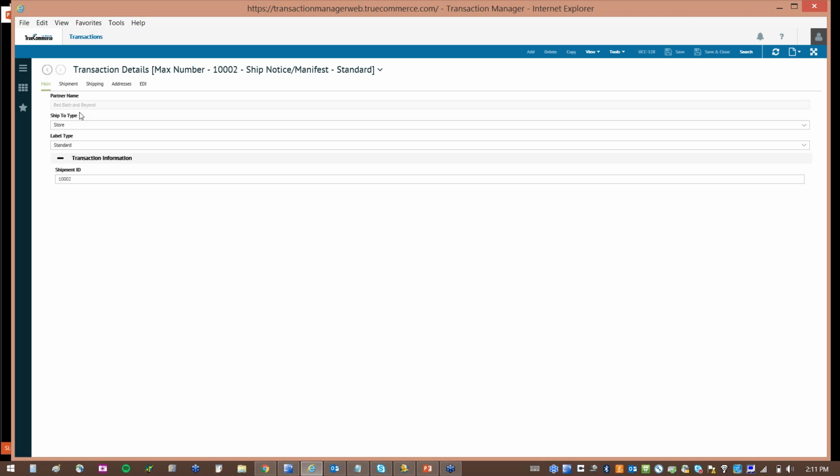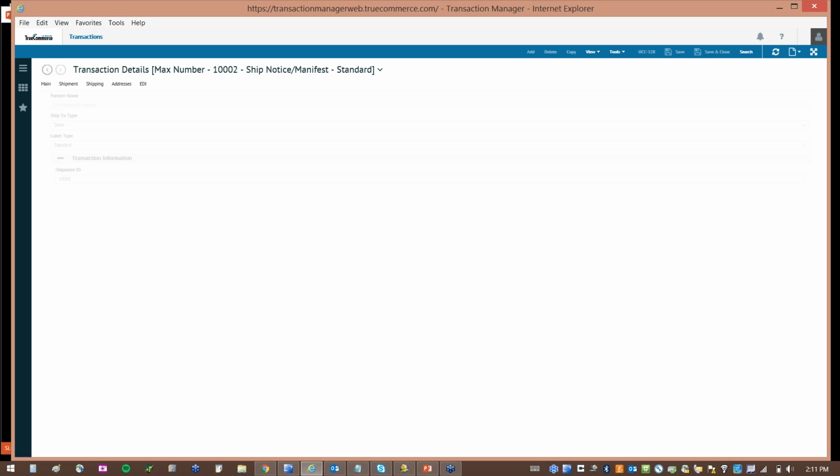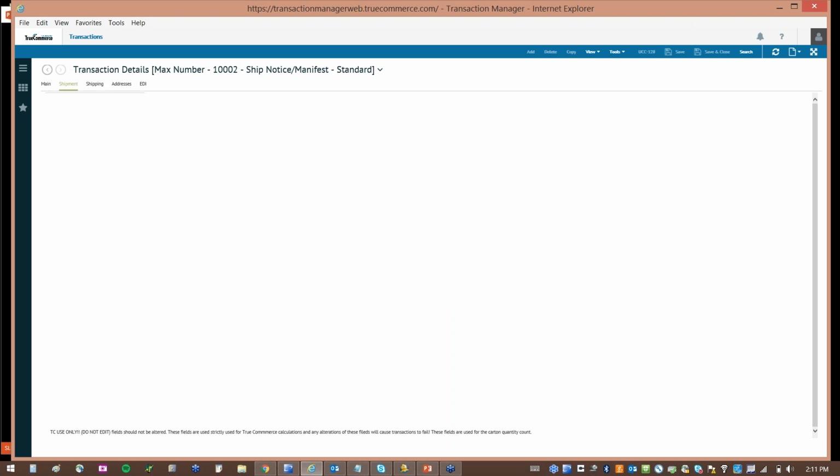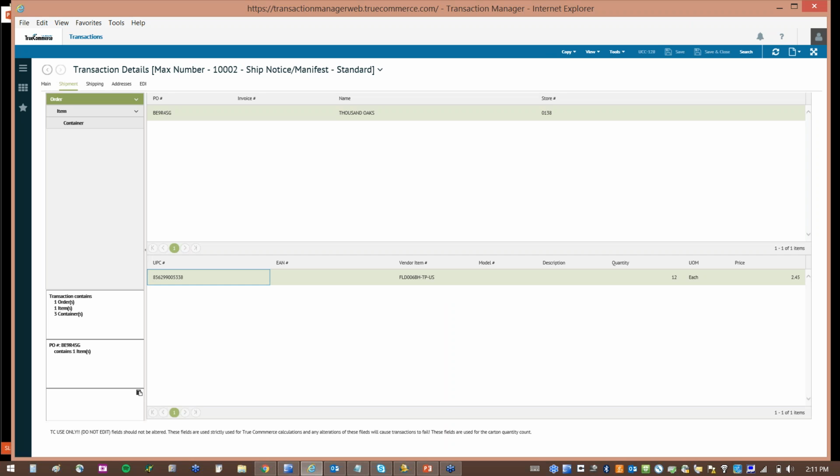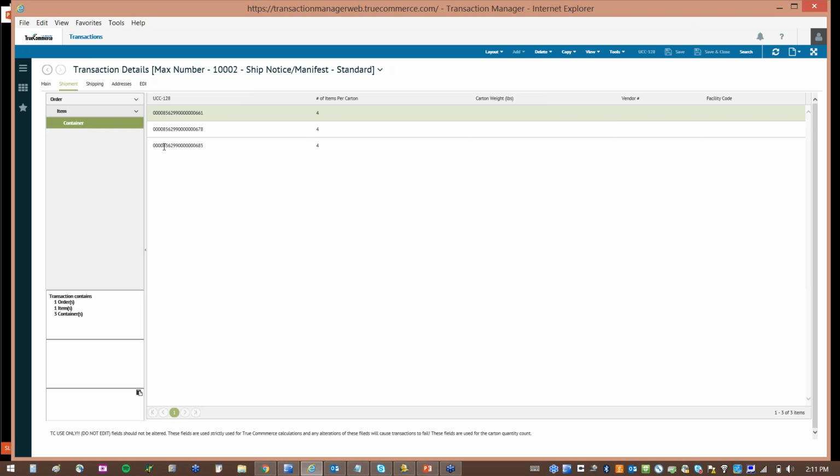And in the shipment tab, when I click on the container level, here, I have 3. 1, 2, 3, with 4 each. And that's it. That's how max number works. If you decide that you need to change your max number, that's totally fine. Just go back to your item catalog, make the change, save,